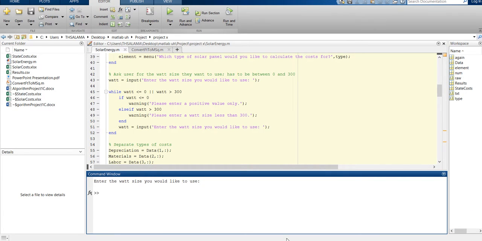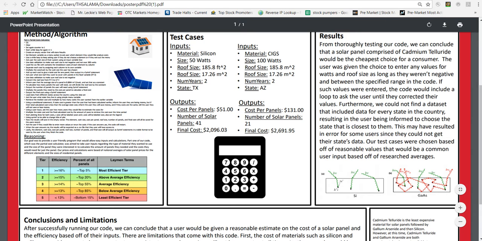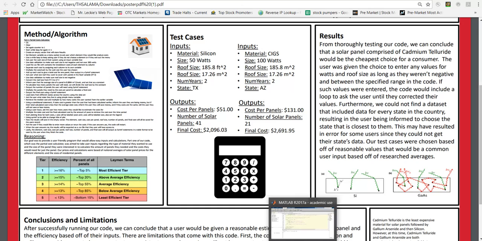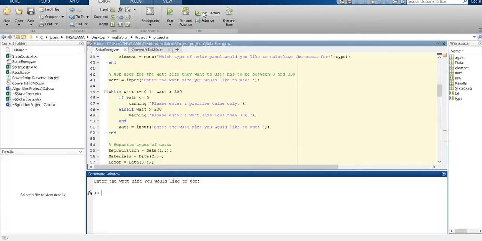Okay, so now I am going to run the code using these test cases right here. I am going to choose silicon. Now if I go back to my MATLAB, when I'm running the code, I will also show you the data validations, so I can just run it one time. If I run the section,